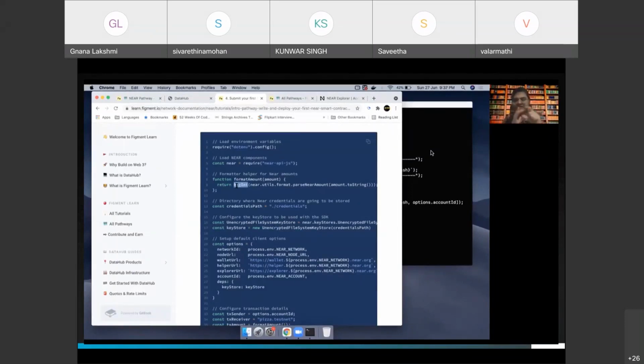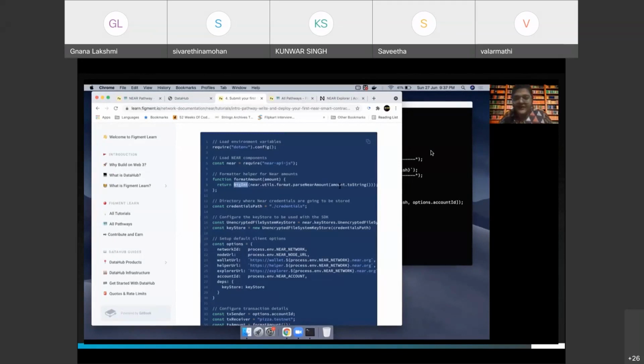You might be transferring 2,000 or 50,000 tokens, and then you have 18 more decimals associated to it, and this may not fall into the number limit, like a uint limit, right? So that's why we have things like big int or big num in comparison to Solidity to format the amount.